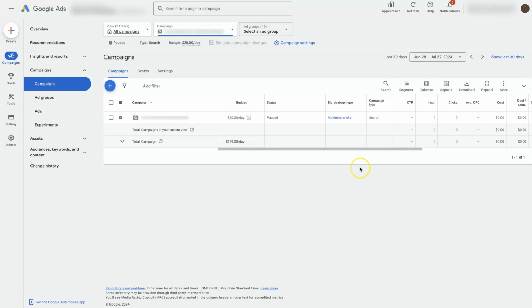The Google Ads maximize clicks bid strategy is often underutilized by people who just follow the guidelines given by Google Ads. I don't know if you've ever experienced this, but when you go to set up a new campaign, oftentimes Google will say, you're tracking conversions, so you should start with the maximize conversions bid strategy. And if you do that, your ads might not end up running at all because you need to have some conversion data in your campaign before you can really utilize the more advanced bid strategies like maximize conversions, target CPA,